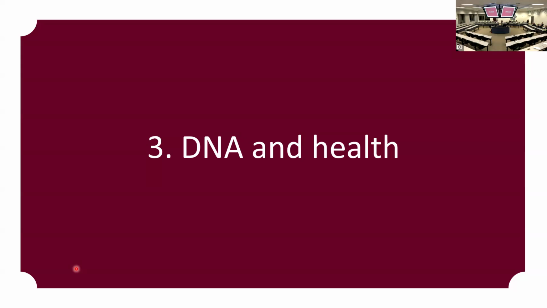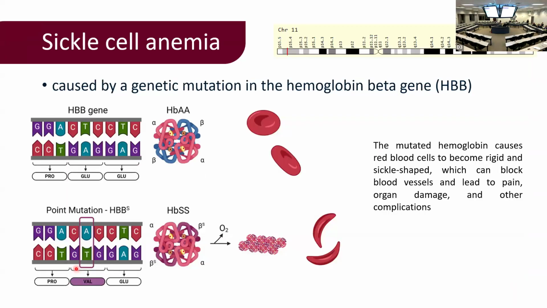A classic example in biology is sickle cell anemia. Sickle cell anemia is caused by a single point mutation in the gene called HBB. That single point mutation, as you can see here, changes from an A to a T, and that changes the amino acid from glutamine to valine. A single point mutation, a single fold that we did a little bit too much or a little bit too less, and then we develop this